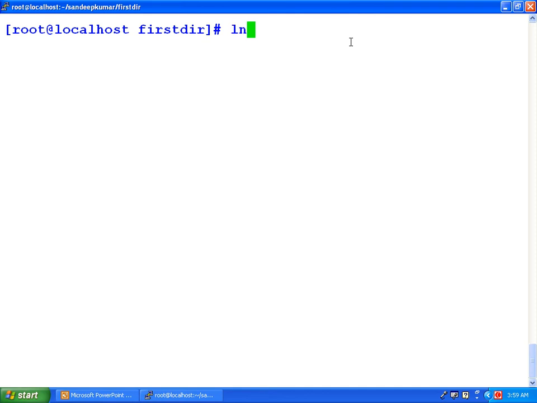So ln, there is an option symbolic, and then we can use first1.txt as the file name, and we are providing it a symbolic link, that is 1.txt.